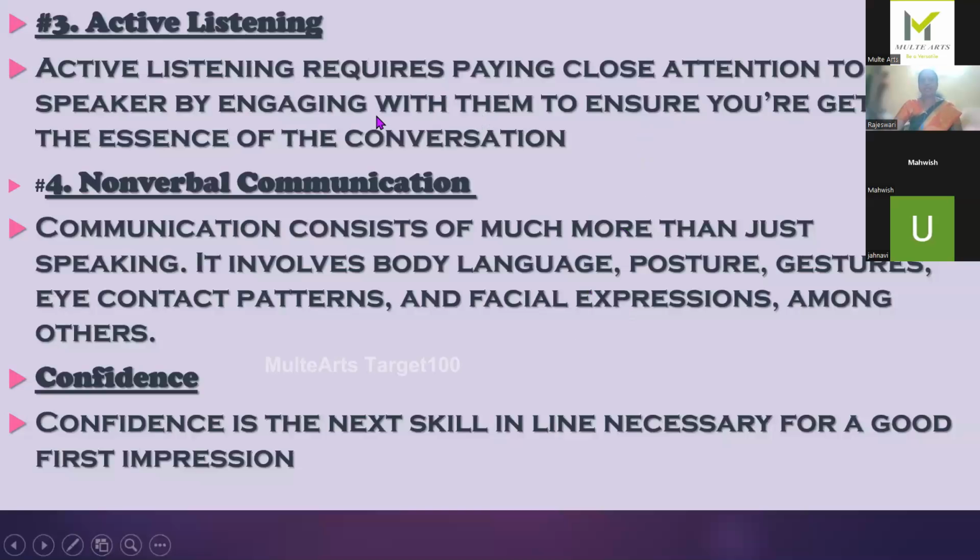Now, first of all, I told you we start any language with LSRW. So first, you must be an active listener. You have to pay close attention to what the speaker is saying. Then only you can answer in a proper way. Many of us are in haste to answer. Haste means we are in a fast way to quickly react to anything and we answer quickly. So there we land in trouble.